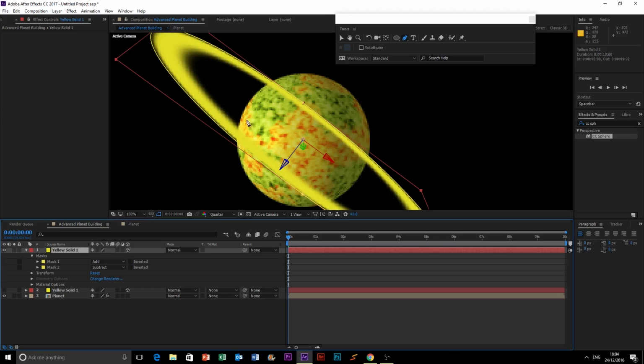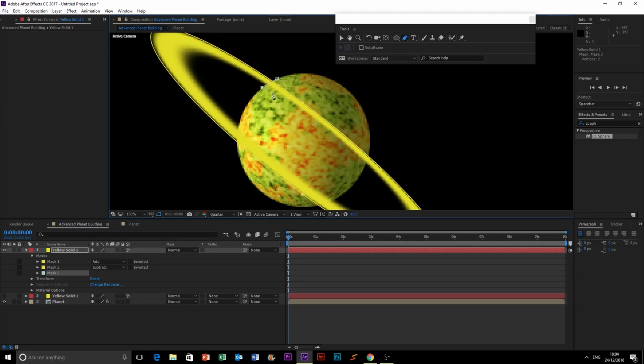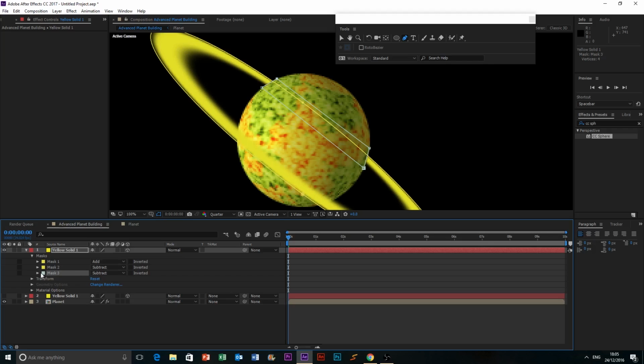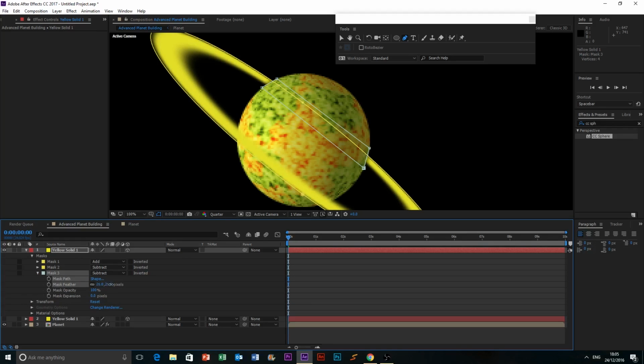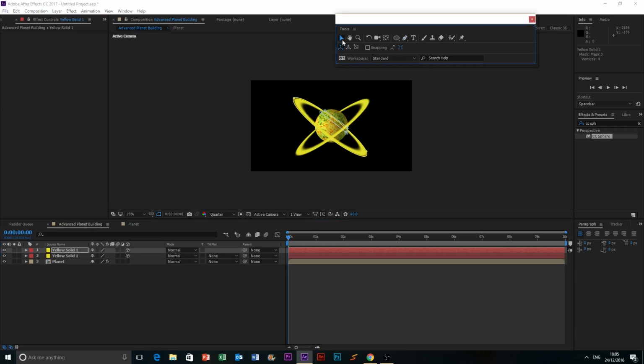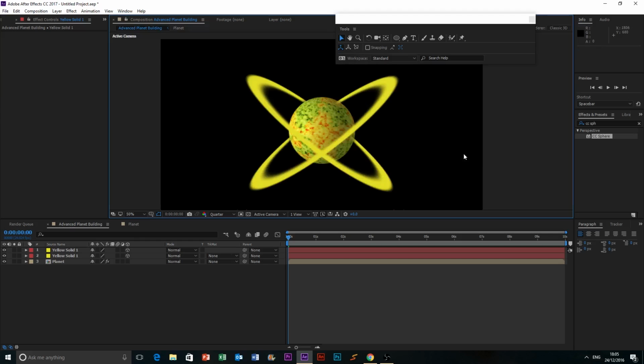Go on to here. Then we want to mask it out. Okay, that's created our third mask. Bam. Okay, subtract and feather like that, and then we can reveal this layer, and bam, we have a sort of X ring shape